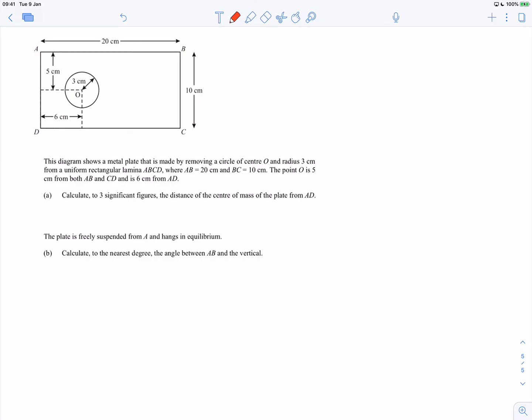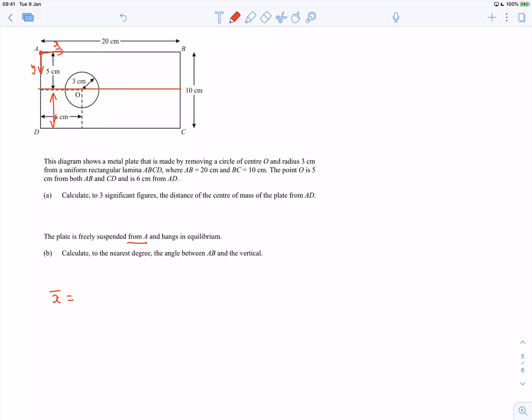Okay. So it's pretty obvious, because this and this is 5 and the circle is radially symmetric, the centre of mass of this lamina is somewhere on this line, and I want the distance of the centre of mass from AD. So really, I'll let A, because I'm looking at the next part and it's hanging from A. So if I'm letting downwards be my Y and going along is my X, then my X bar